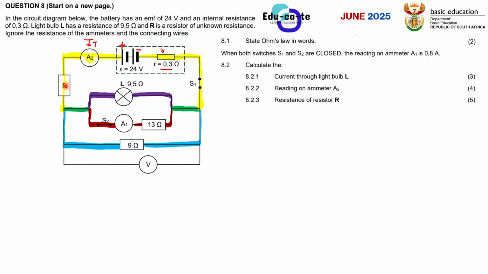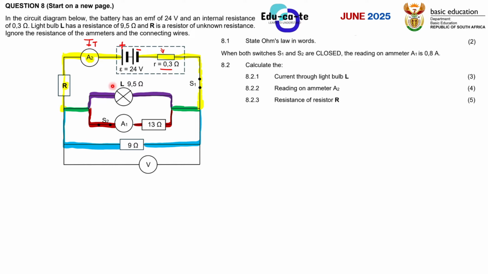It hasn't been split, but when it reaches this point, it has to divide or split. Some of it will go there, some of it will descend and go to the 9 ohms resistor. The one that I've painted in green will flow here. The one that I've painted in blue will flow here, the 9 ohms. So basically this green current splits again because the wire is branching into two different regions, guys. So it definitely has to split. It has no other way.